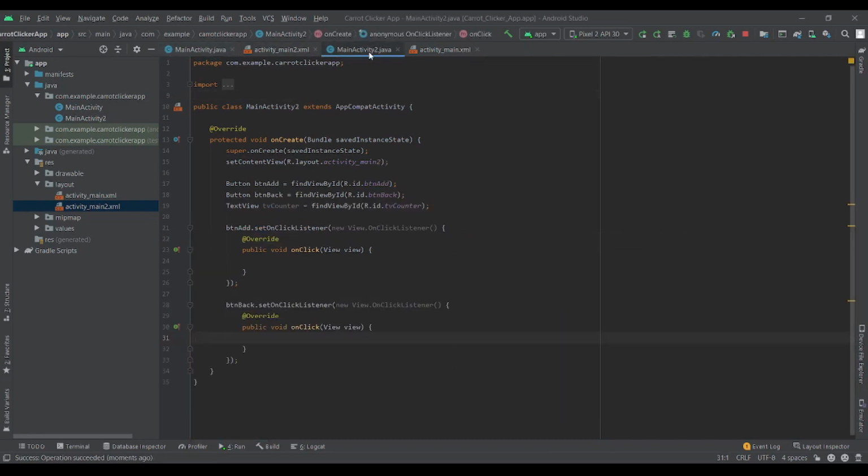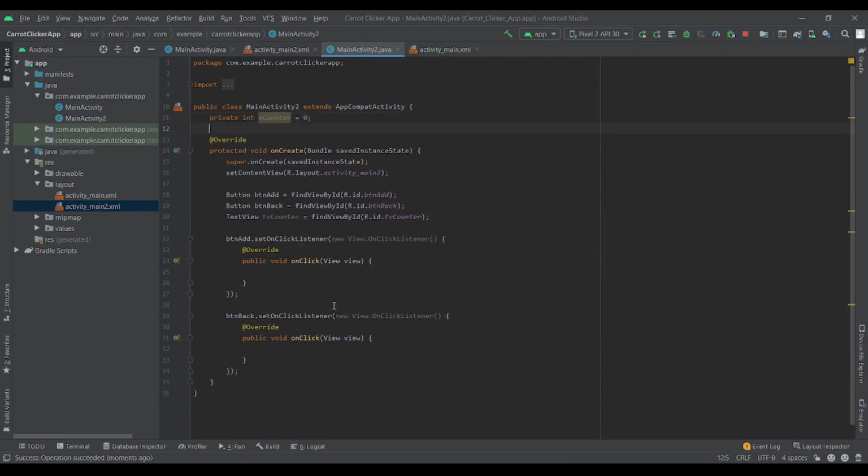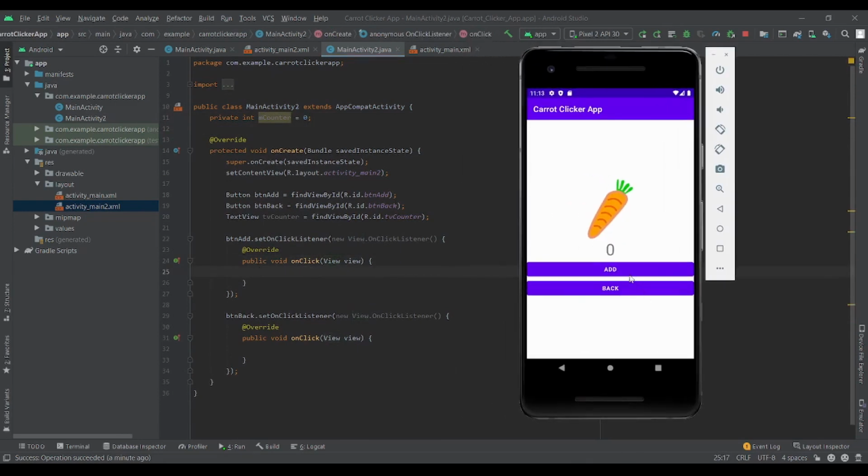So if we go to our MainActivity2.java, we want to make a functioning counter app. And to have a counter, we need a private variable for this specific class. So I'm going to create an integer called mCounter, and we set it equal to 0. Now, what we want is that whenever we click this add button, this text view